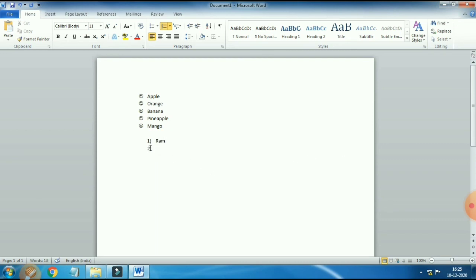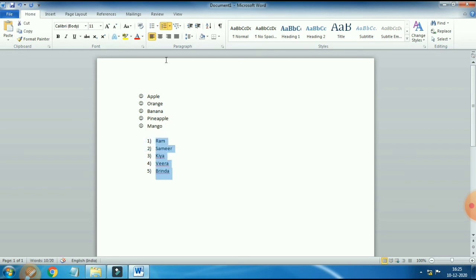First is Ram, then when I press enter, 2 will automatically come. Then Samir, then Kia, next is Veera, next name is Brinda. So this way I can make a list order wise using numbering.